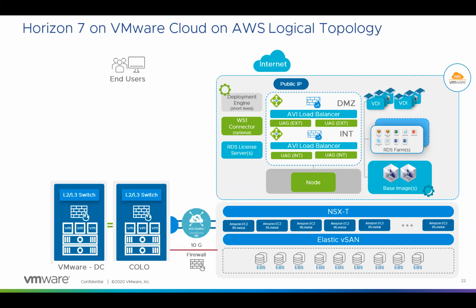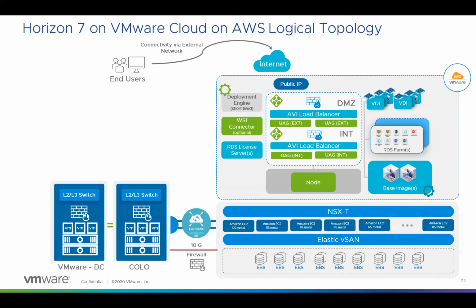So you might be wondering why we have the external and internal UAGs, and let me quickly go through that. The first thing is if you want to provide connectivity to external users who are not on the VMware network, we route them over the internet and we use dual factor authentication. After that, the request routes through the public IP, then the firewall, goes to the external load balancer in the DMZ, and then routes through the external UAG.